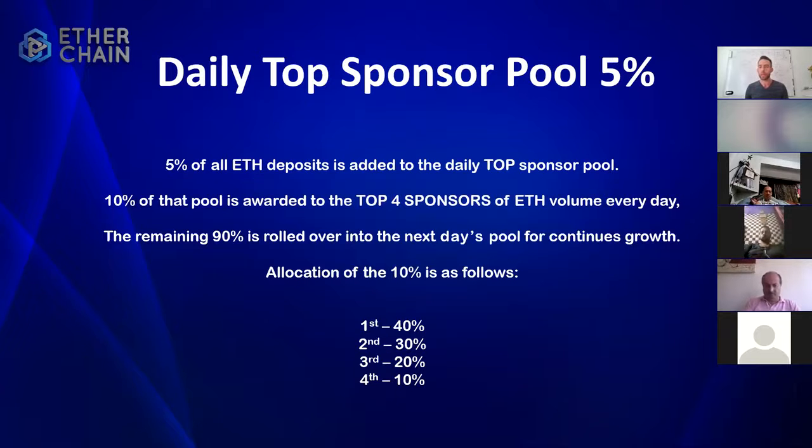Now, the allocation of the 10% goes as following: 40%, 30, 20, 10. This pool is right now about 305 to 310 Ethereum. That means the top 4 producers are sharing about 31 Ethereum every single day. And this is just continuing to grow. So it is an absolute pleasure to introduce this system to everyone, and it has been embraced with such a